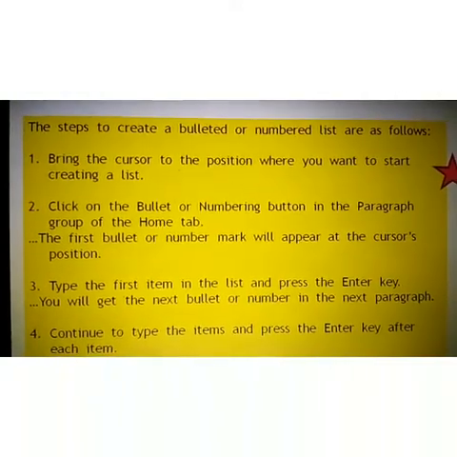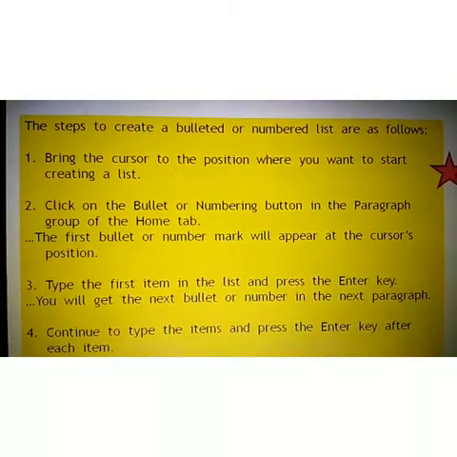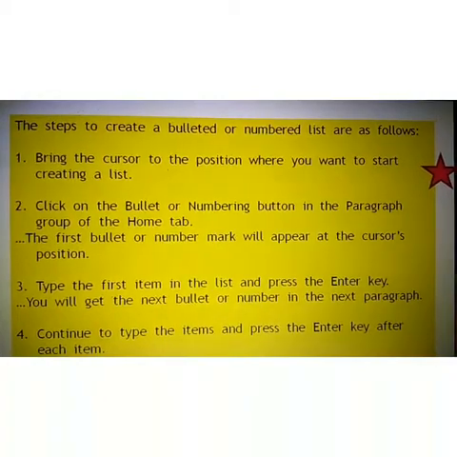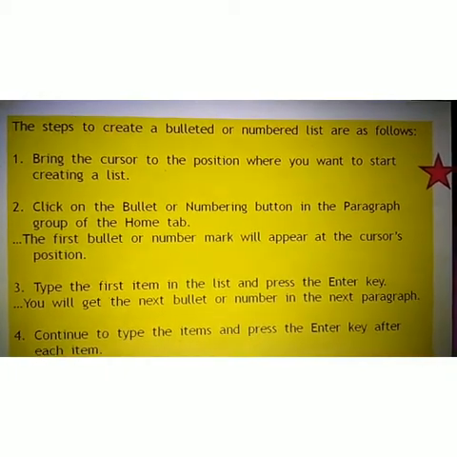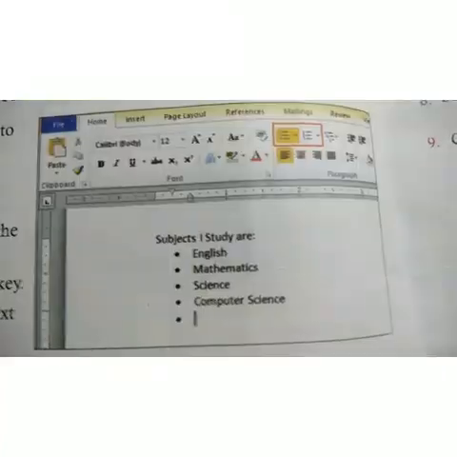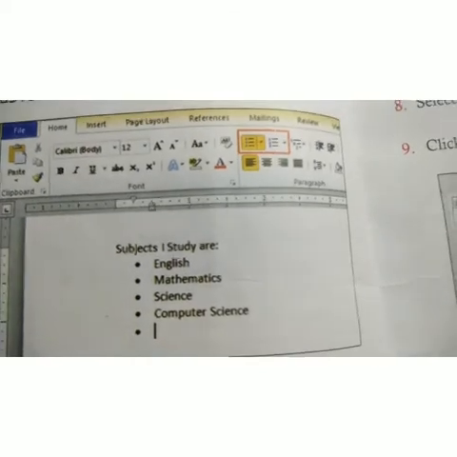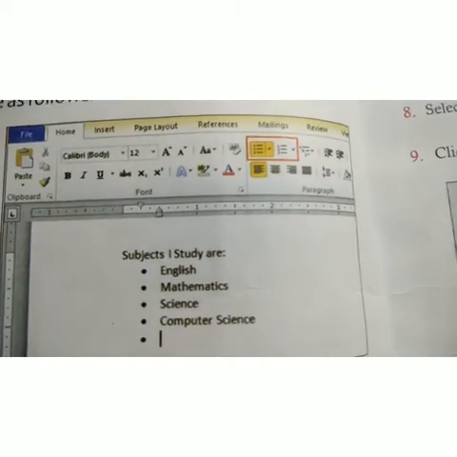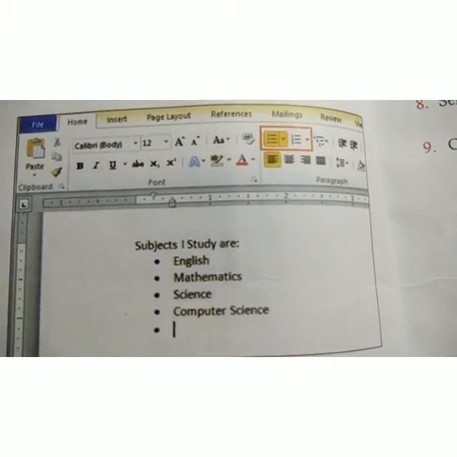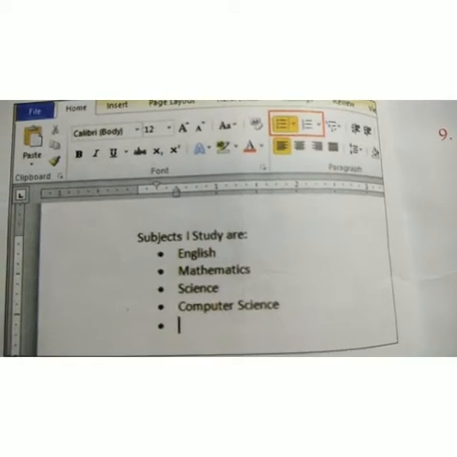Okay. We can follow the same as it is for bulleted or numbered lists, applying all the steps one by one. Okay, students. So, students, you can see a properly applied bulleted list, and we can choose any one, means you can choose a bulleted or numbered list. Okay, both we can use in MS Word.